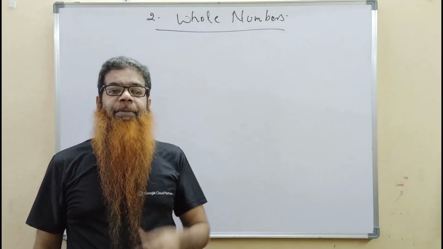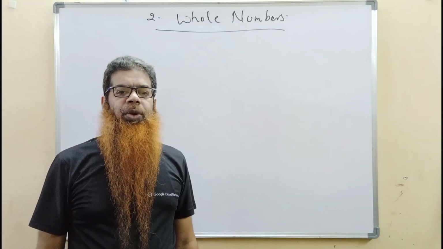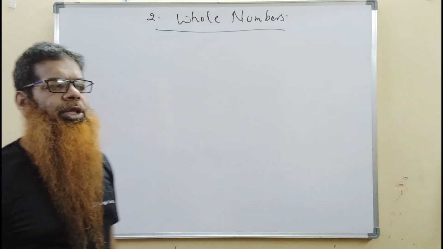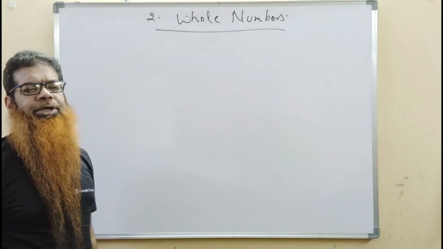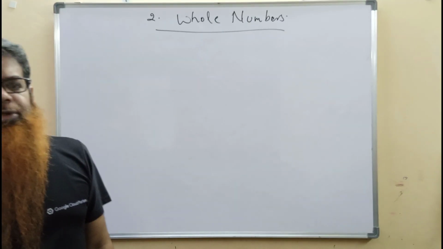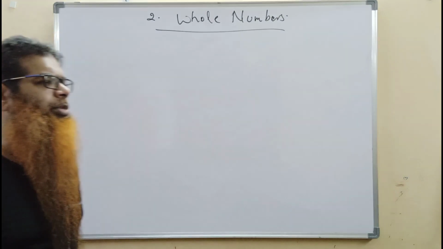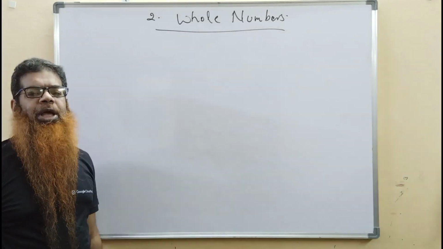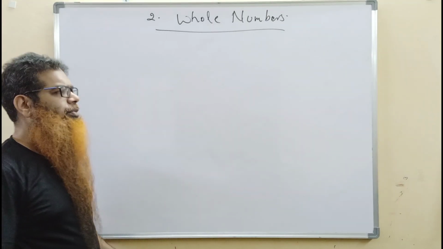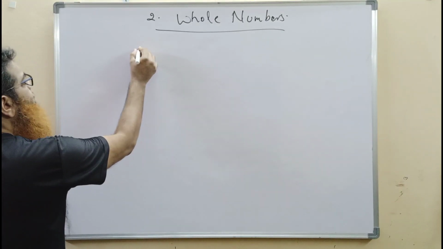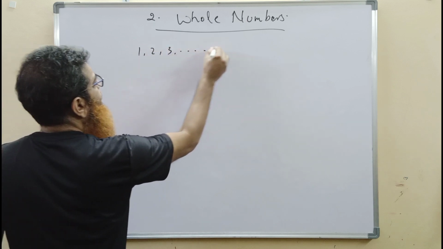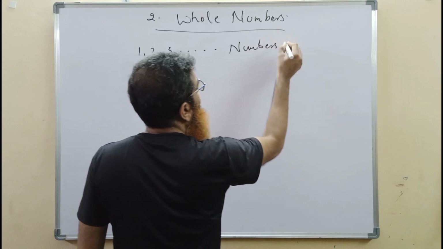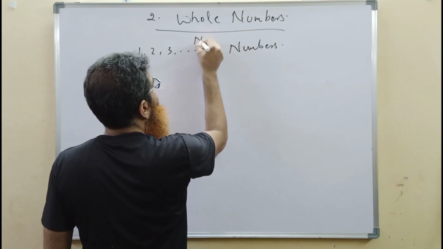Children, if you remember, in our day-to-day life, to count anything, we need the help of numbers like 1, 2, 3, and so on. Like we say, I am one, you are one, we together are two. We have 10 fingers, two thumbs. We have so many teeth and so many things. So to count things, we need the help of numbers, and we use the numbers 1, 2, 3, and so on. These numbers, as you know, are called natural numbers.